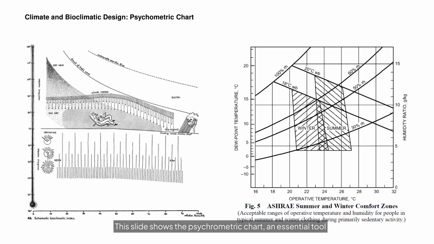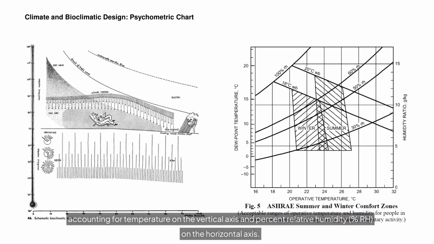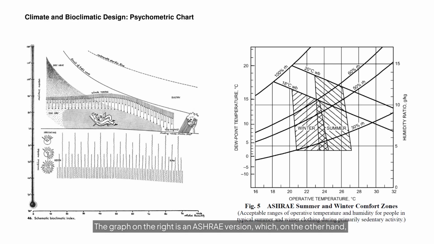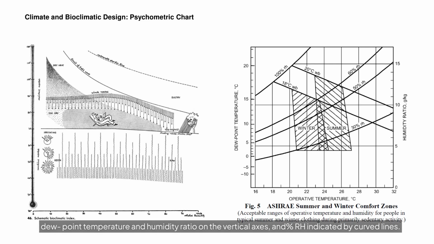This slide shows the psychrometric chart, an essential tool for analyzing air conditions and strategizing passive comfort solutions. The graph on the left is an earlier, simpler version, accounting for temperature on the vertical axis and percent relative humidity, %RH, on the horizontal axis. The graph on the right is an ASHRAE version, which, on the other hand, accounts for four environmental factors: operative temperature on the horizontal axis, dew point temperature and humidity ratio on the vertical axes, and %RH indicated by